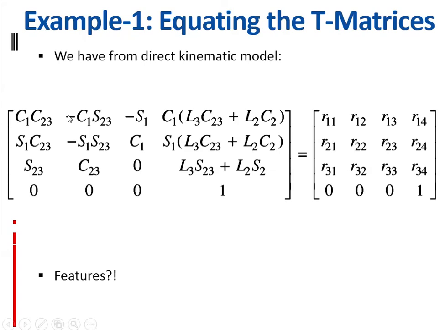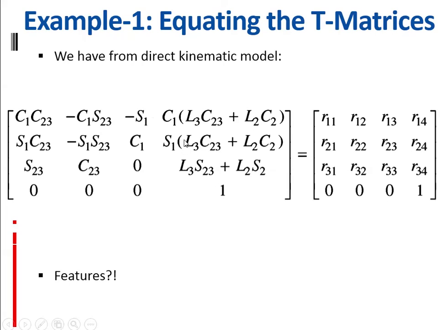I can get that tan term using sine by cos. That means this 2 1, this by this, I can also obtain, because this factor will cancel out, and you can get the tan theta term. Or this by this you can also get, because this is a constant term that will be cancelled out, and you will get tan theta 1, sine theta 1 by cos theta 1. So again, among all the 1, 2, 3, 4 pairs, you are going to use one.